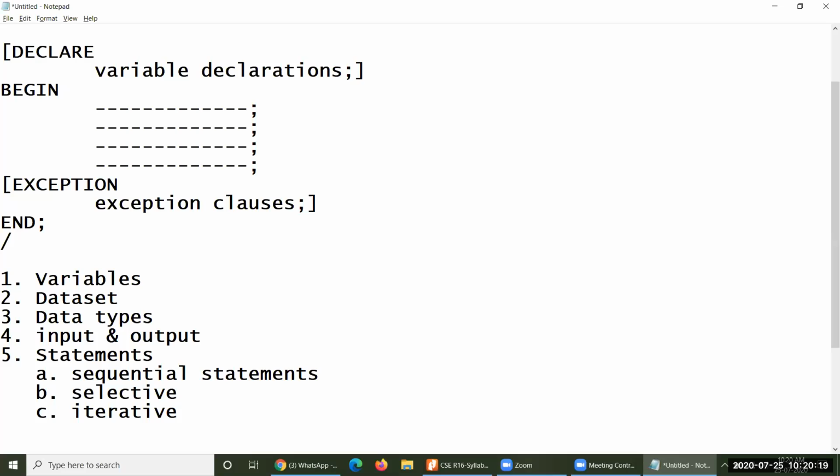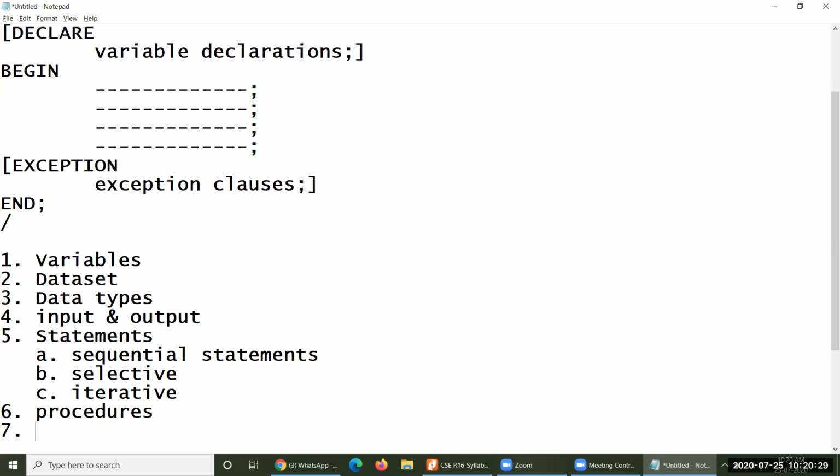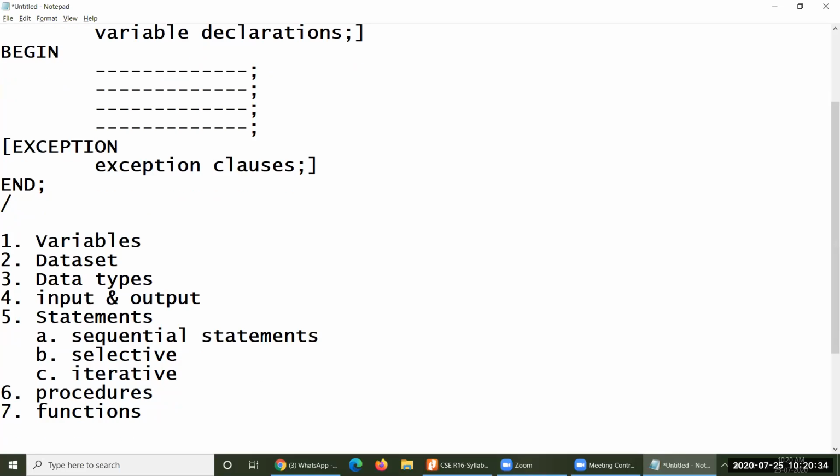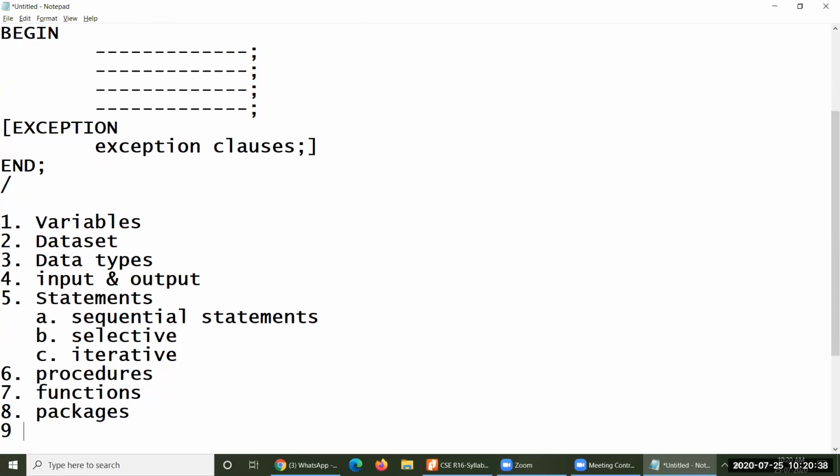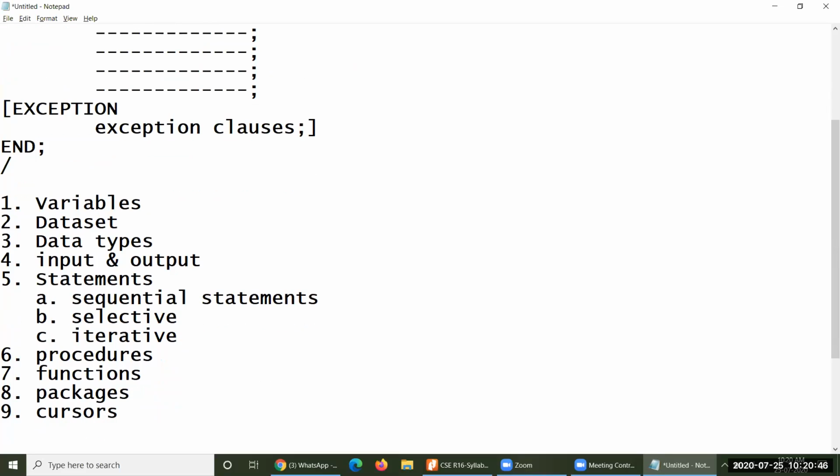So the sixth component of PL/SQL is procedures. Seventh one will be functions. Eighth one will be packages. Ninth one, very important: cursors. The tenth one is extremely important.